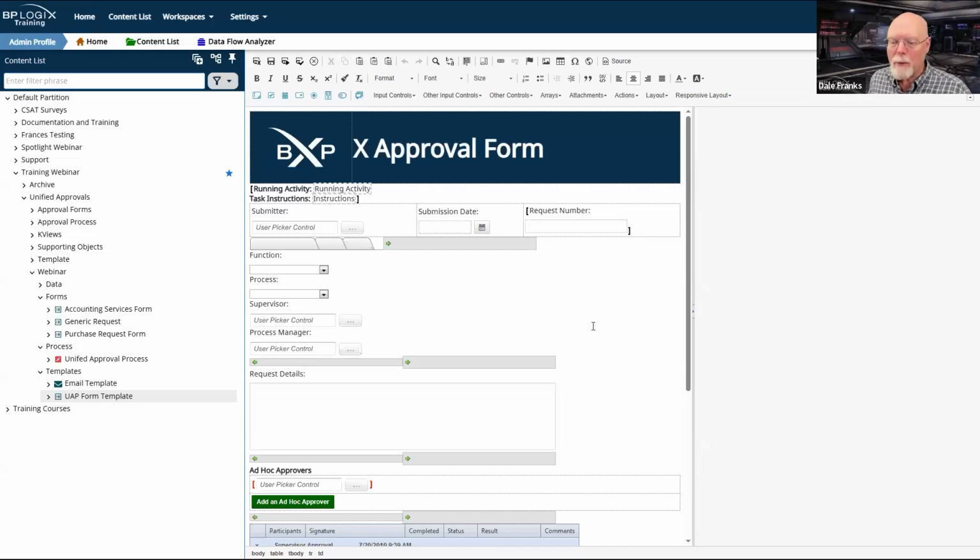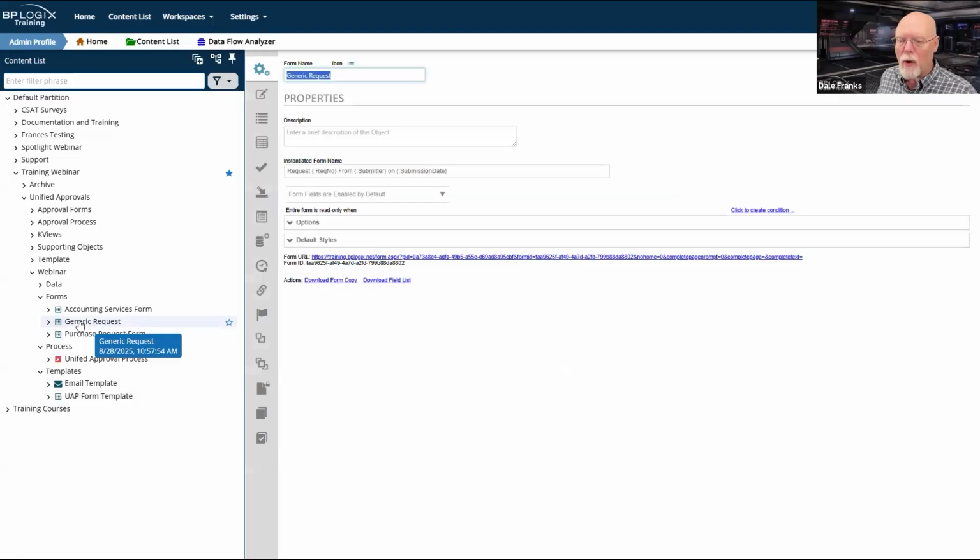It is a tabbed form. One of the tabs is the Details tab. And with this Details tab, we can add any custom fields that we need to this form in this one tab. So it makes the process of form design, should we need to design multiple forms, much easier. Because we have a form template that looks like this, we can export it and re-import it into a forms folder.